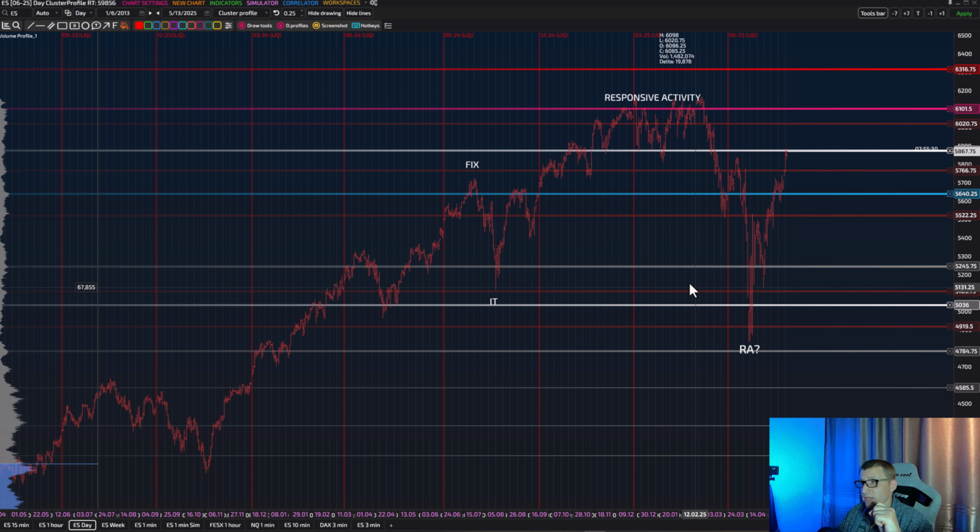Okay, this is why, yes, here we had a factor for seller's responsive activity, and this was the main factor for sell. But right now in the current activity, we don't see any selling activity. This is why for the previous couple of weeks or even more, my priority was always buy. Yes, we had some weakening factors for buy, but nonetheless, the priority was always buy, which means I never looked for any opportunities to sell.